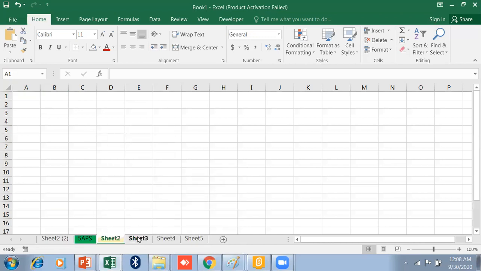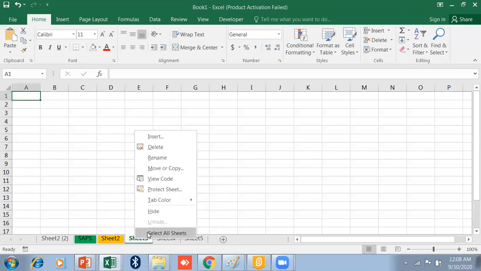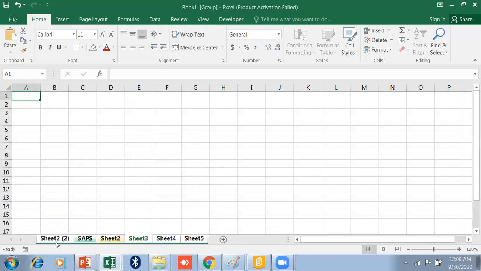Different tab colors are available. You can change any color. You can select all these sheets like this, and suppose you have many sheets in one workbook, and some sheets are hidden.